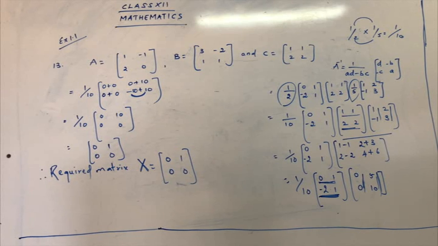From exercise 1.8, you have to complete some numbers. It's multiple choice questions, from 1 to 17. So how to write the answer? You will be taking the question. You just put a small line over there and you go with the answer. No need to write the option, no need to write the A, B, C, D values over there. Just write the question and write the answer directly.